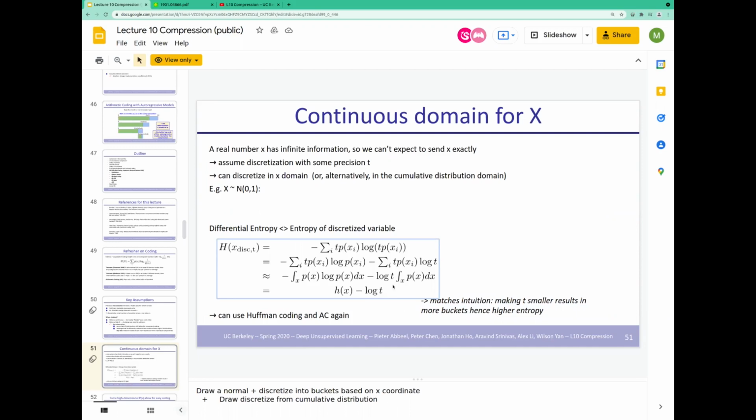As the precision or the discretization interval goes to 0, the entropy goes to infinity. But at some point, if t is 1, then the differential entropy matches the actual entropy. I don't know what exactly this is, but anyway,